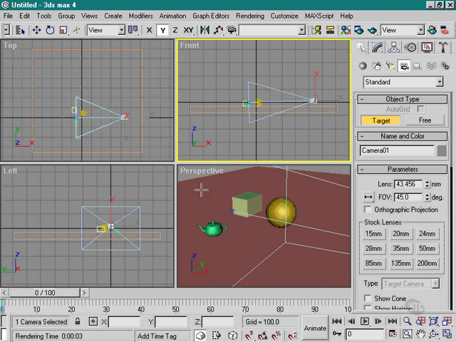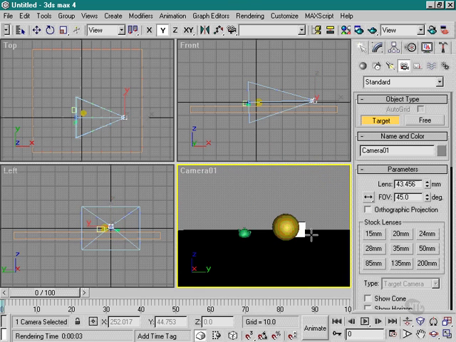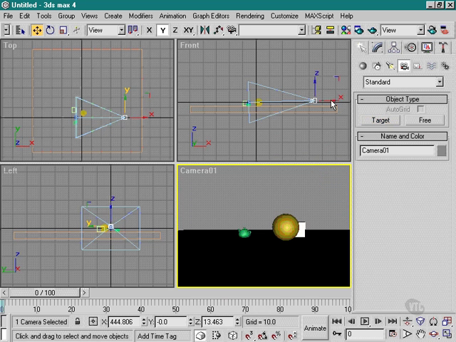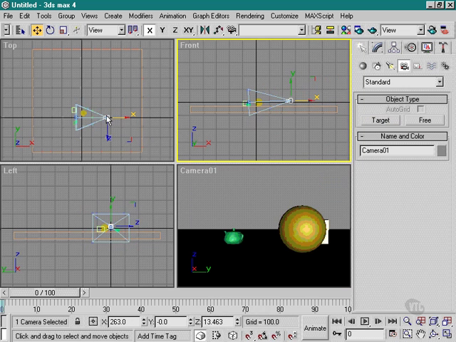And then what we have to do is tell one of our views to take on the view of the camera. So I'm going to take my perspective view here, right click on it, and pick camera. So now I see what the camera sees. If I move the camera, the view will automatically update,